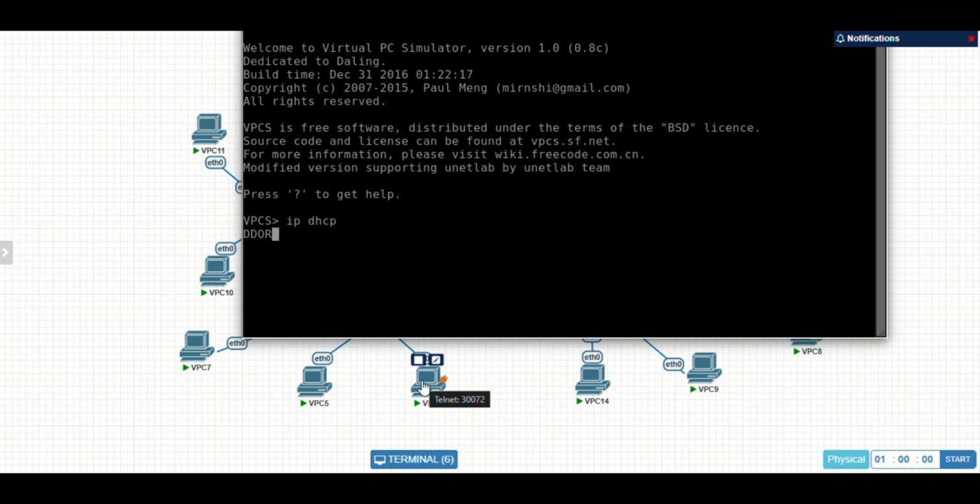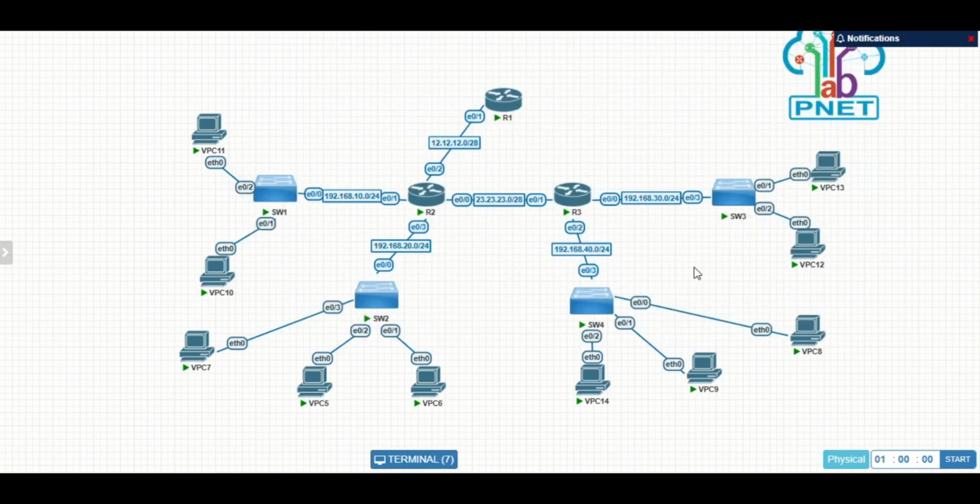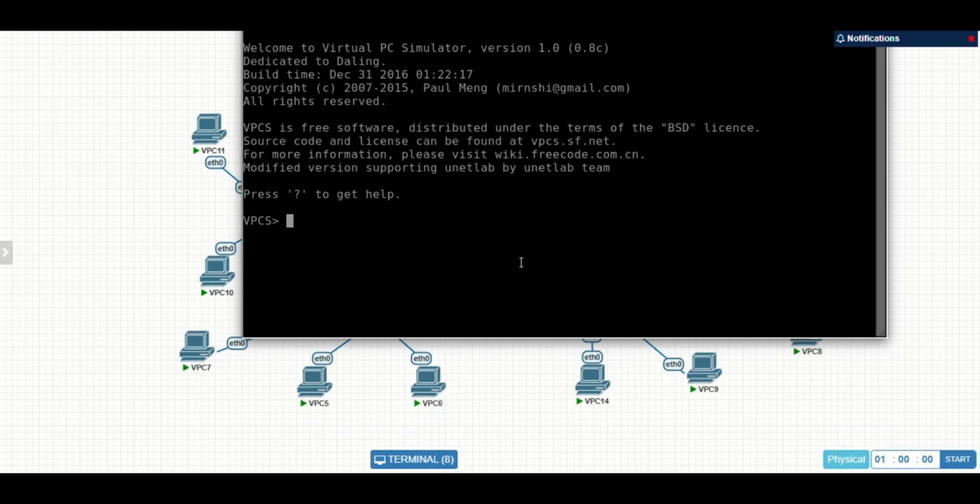Second PC. And then next, the first and second PC already got a dynamic IP. Last PC, successful. All of the PCs on the router in area 2 already got a dynamic IP.